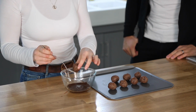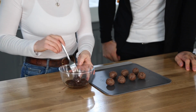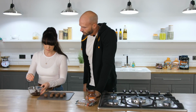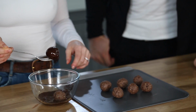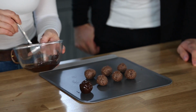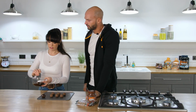So just literally get your truffle, pop it in, roll it round. And the fork just helps to avoid making marks. You want to make it look all pretty. And then, oh, look at that. Yeah. And then you just pop in another ball. And I just put them on the baking tray and then just pop them in the freezer again, just for a speedy